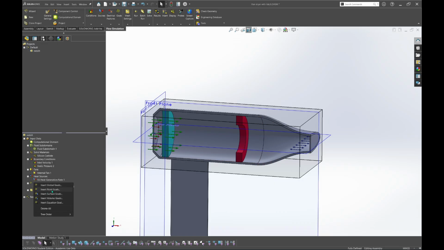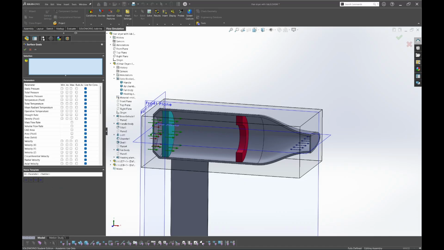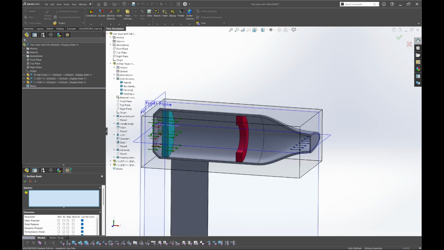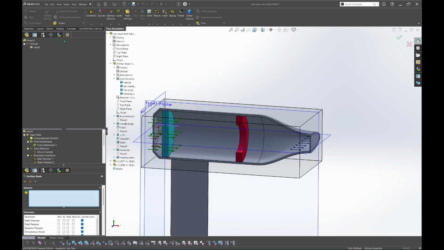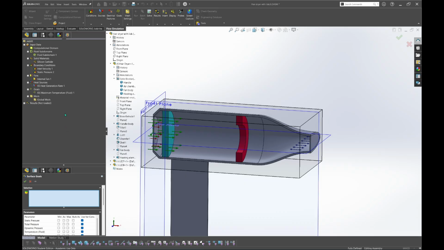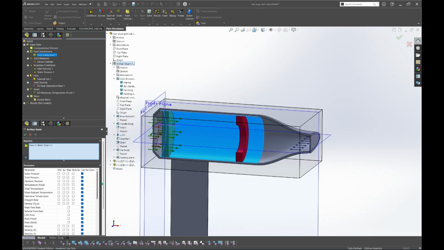And again we insert surface goals and roll back on the feature tree and click the flow simulation tab and click fluid subdomain like this, and click the maximum temperature.